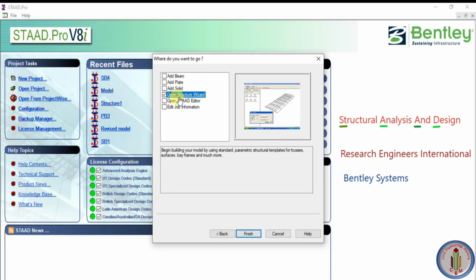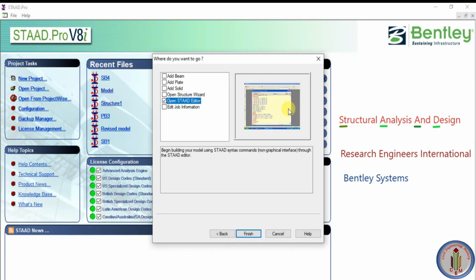Okay. Next, open structure wizard. Begin building your model by using standard parametric structural templates for trusses, surfaces, bay frames and much more. So by using structure wizard we can create a model for trusses and bay frames. Next, open STAAD editor. So STAAD editor mode is editor mode which is there in the user interface. Begin building your model using STAAD syntax commands, non-graphical interface through the STAAD editor.